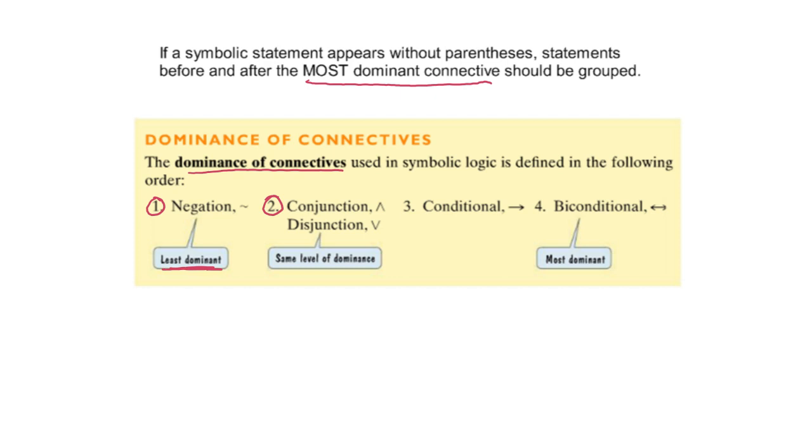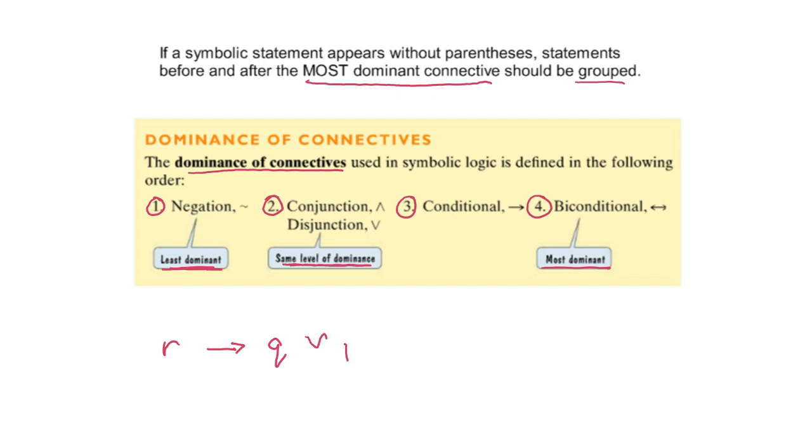And then we have the same level of dominance as conjunction and disjunction. And then we have the conditional. We're just gradually getting to the most dominant, and the biconditional is the most dominant. So it says on here, statements before and after the most dominant connective should be grouped. When they're speaking of grouped, that is usually placing parentheses or even brackets on there. So something like this, let me just make one up. I'll say R, arrow,